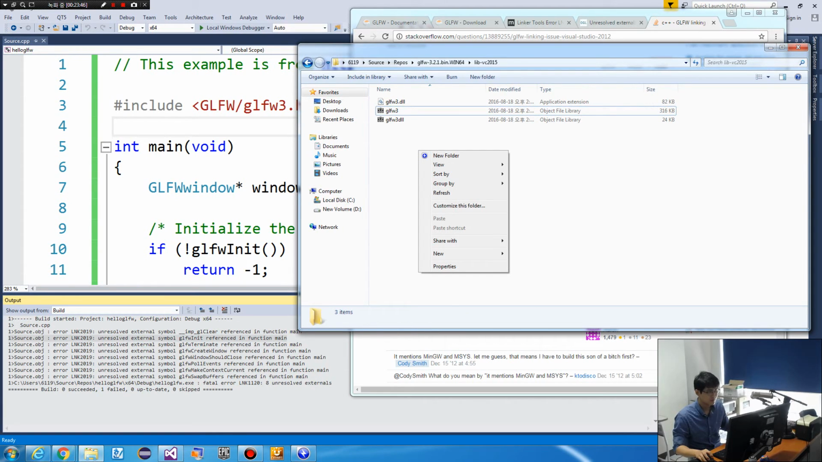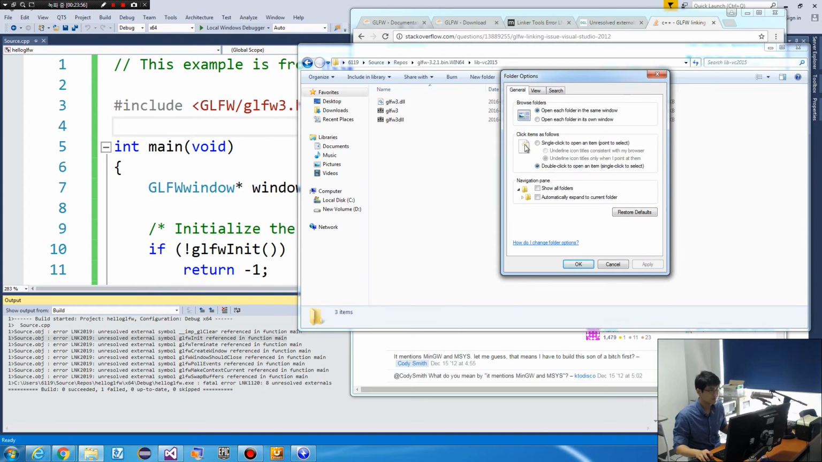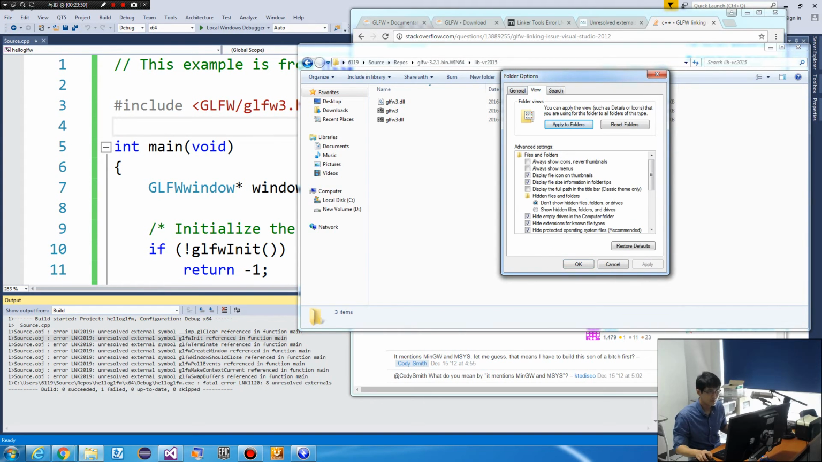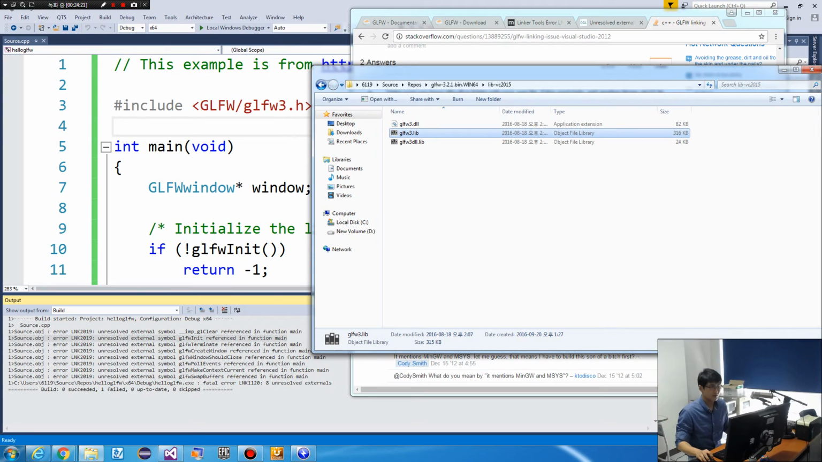Something's wrong. So let's press the Alt key and view. Click view, then folder options and view. And let's uncheck hide extensions for known file types. Uncheck this one. Apply, and you will see that this one is the file we were looking for, right? The .lib file, the library file, library for the linker. Okay, so